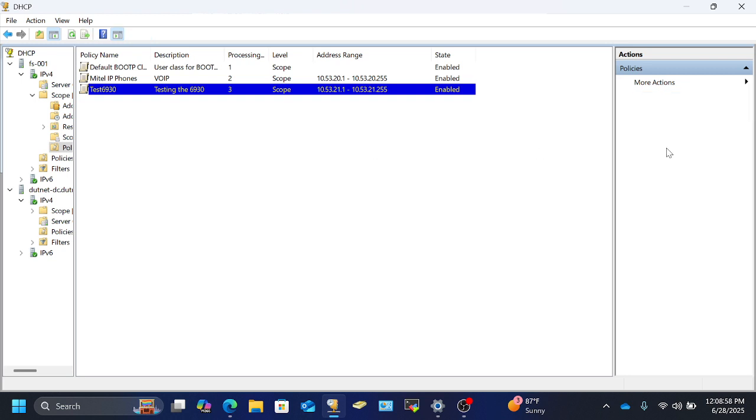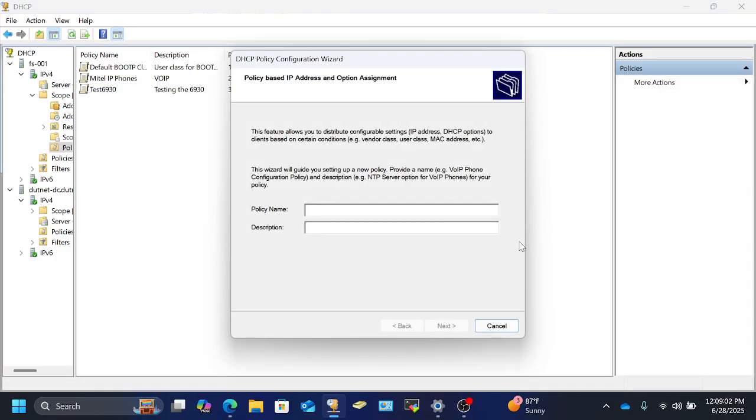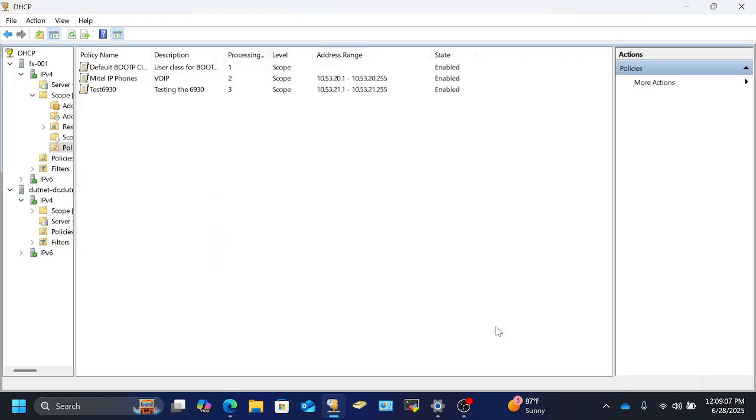To create a scope, you'd go policies, more actions, new policy. You'd set your name and description and your IP address range and stuff like that. And